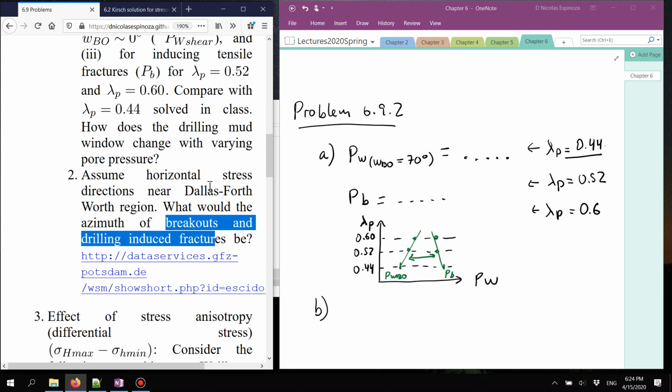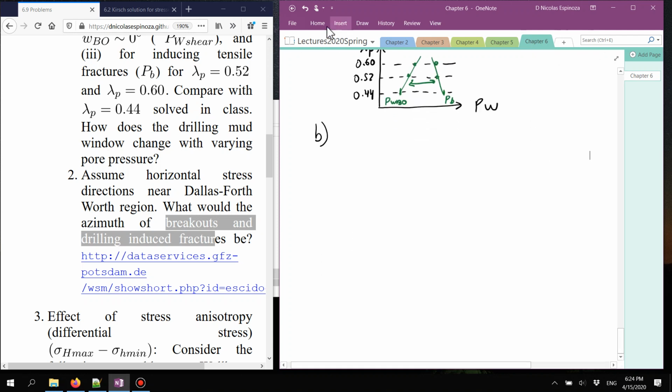Remember that breakouts, well, let's start with tensile-induced fractures. Tensile-induced fractures are going to happen in the general case. Let me do a schematic over here. I'm not doing the solution right now. I'm just drawing the general case. But for a vertical wellbore, let me put it at an arbitrary orientation. If this is the maximum principal stress going in this direction, and this one is the minimum, and I have the wellbore,